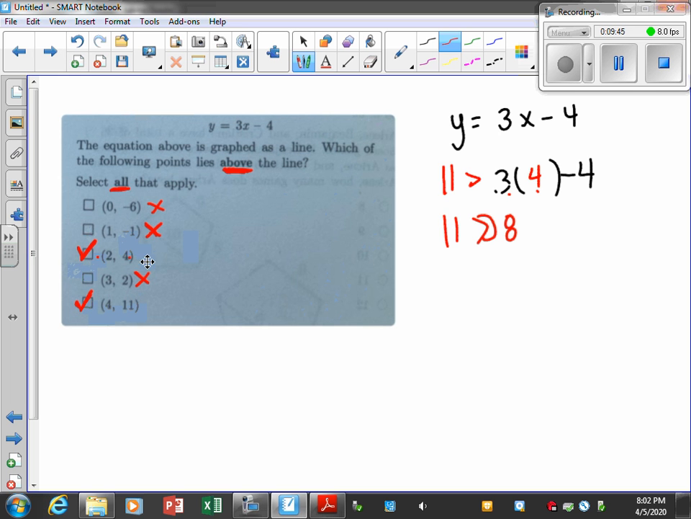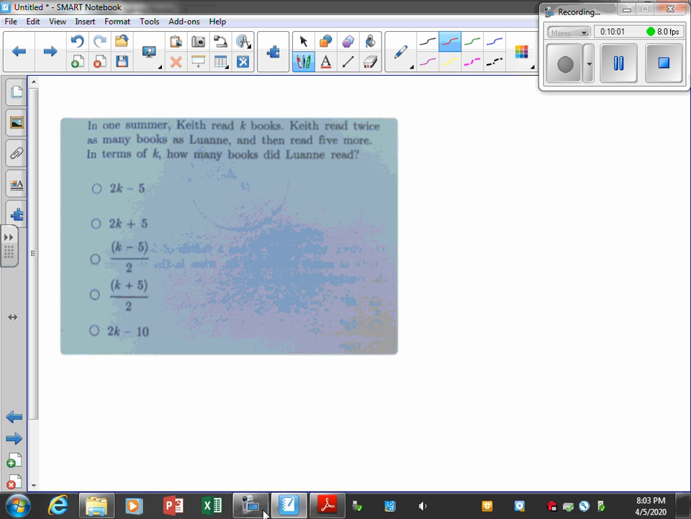So be careful with that one because I almost missed it. One, it's an all that applies problem, and two, if it's above, I should use greater than. If it would have been less than the line or below the line, I could have used less than and then checked for true false statements. Alright,